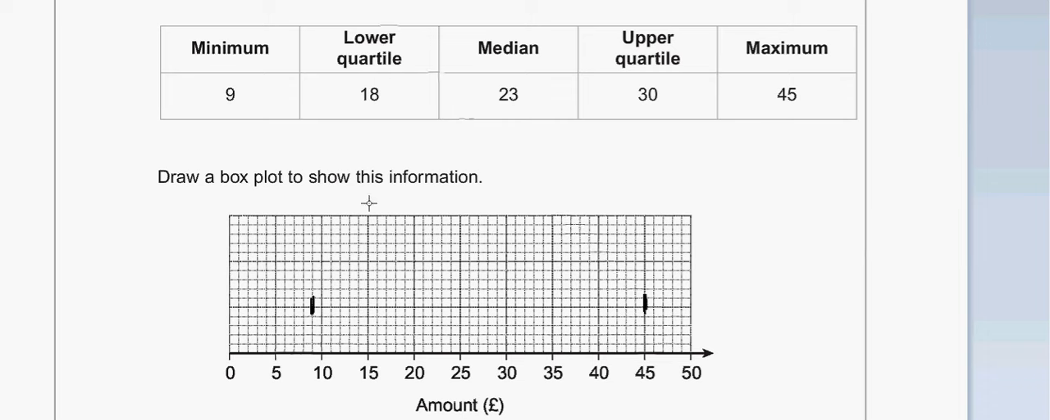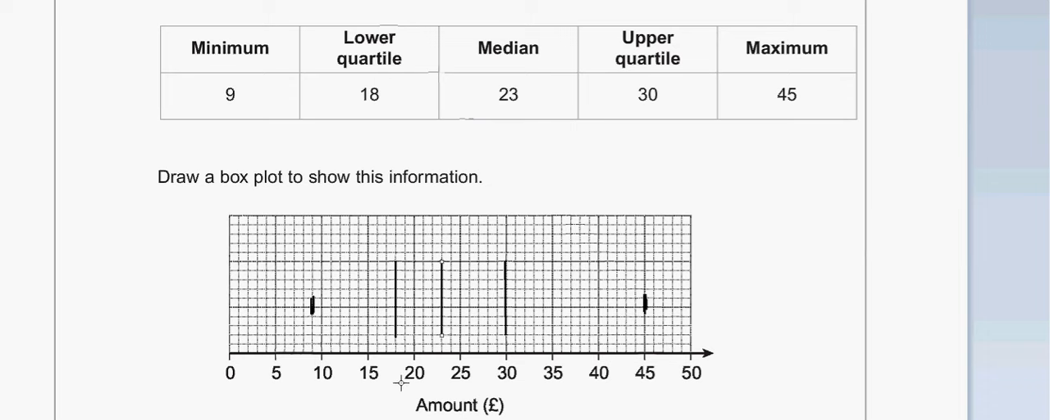Now my lower quartile is 18, so I would go to 18 and just draw a line here. My upper quartile is at 30, so again I would go to 30 and drop the line in. And my median is at 23, so 20, 21, 22, 23, so I would just go to 23